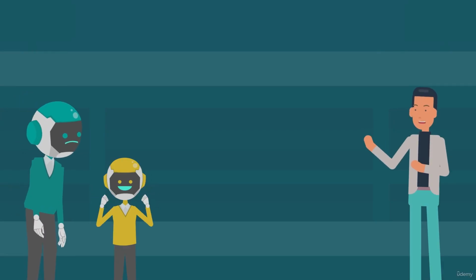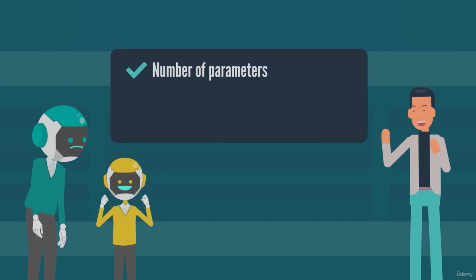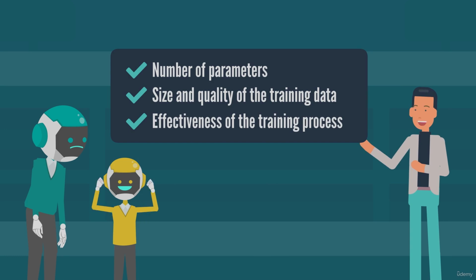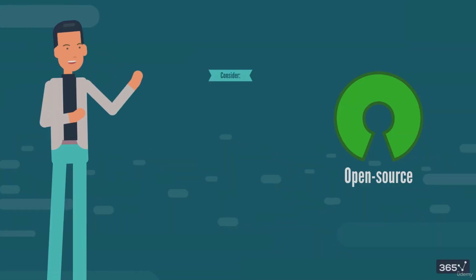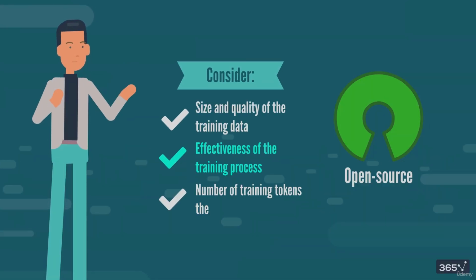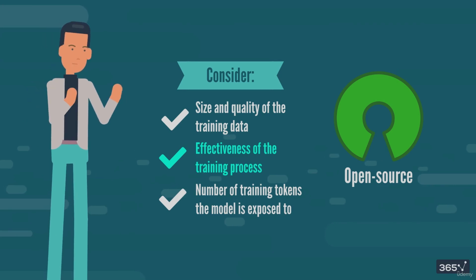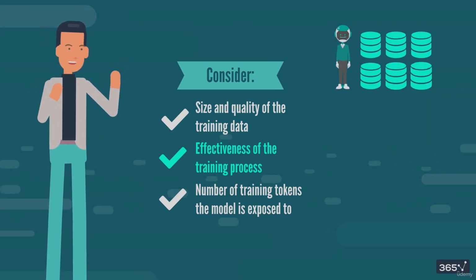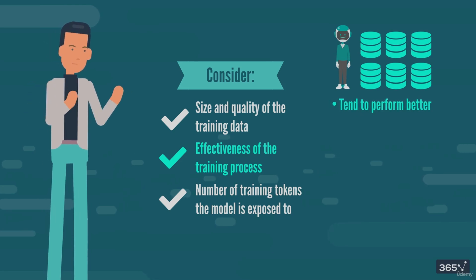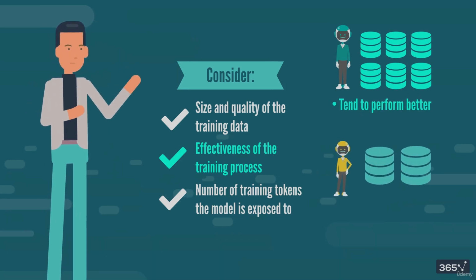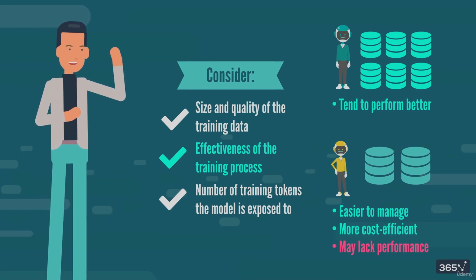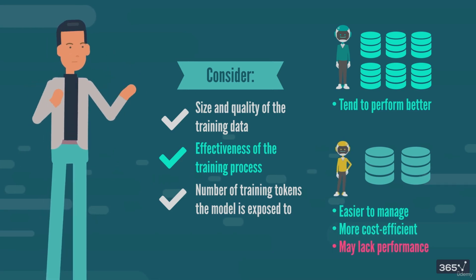Therefore, it's crucial to consider not just the number of parameters, but also the size and quality of the training data and the effectiveness of the training process. The number of training tokens a model is exposed to directly affects its ability to perform well across tasks. Models trained on larger, high-quality datasets tend to perform better. Smaller models may be easier to manage and more cost-efficient, but they might lack the robust performance needed for complex